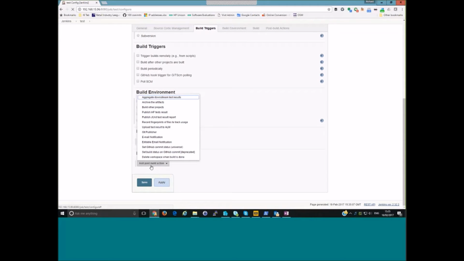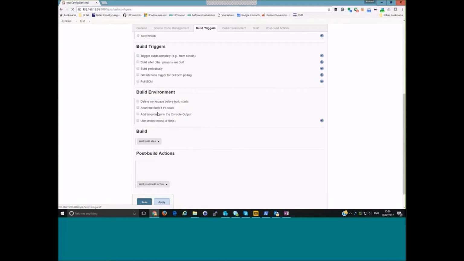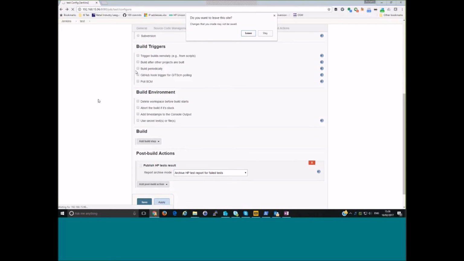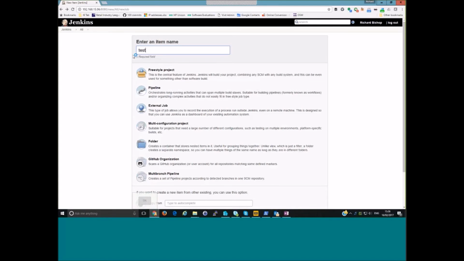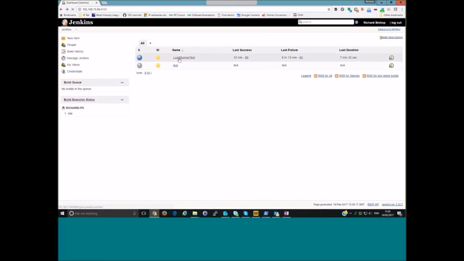So you have build steps and then you have post-build actions. Again, there's a lot of HP related ones in here because we've added the HP plugin. But for example, upload test result to ALM or publish HP test. And I've chosen publish HP test, and I think the option I chose was always archive and publish HP test reports. So I won't save that, I'll skip out of that,